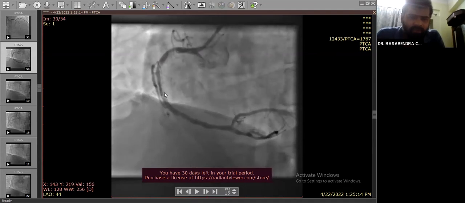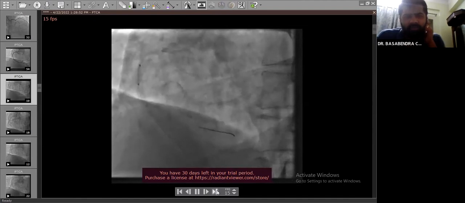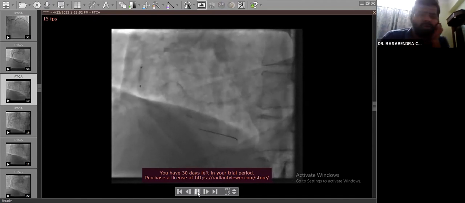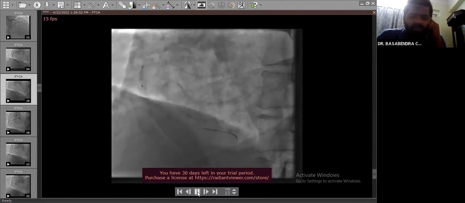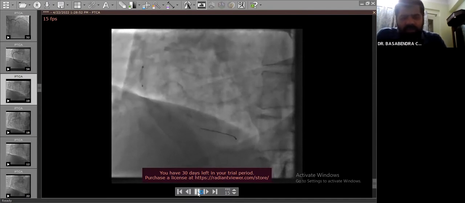The tightest part was in the mid part and just at the junction of the mid to distal part, but there was a patent channel, so we thought that we should take a Runthrough Extra Floppy wire, and it would not be a problem to negotiate to the lesion part in the distal RCA. So wiring was not a problem. However, first we took a 2x10 semi-compliant balloon, which went up till the mid part, but we could not cross the distal most lesion. It was not going, so we decided to dilate the mid and proximal part and come out.